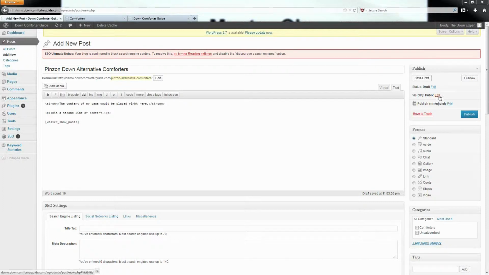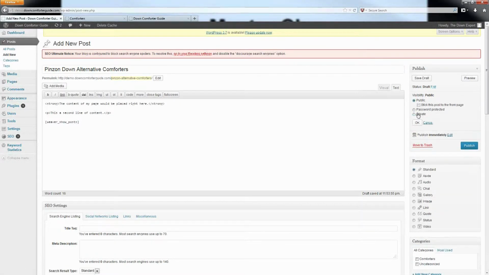Now, in addition to that, there are these little edit links next to each of these items listed right here. Some of these items are actually kind of useful. For example, in the visibility, if you click on edit, it expands some additional options and settings for you. Typically, most of the pages that you build will be public pages, but you also have additional options, like you